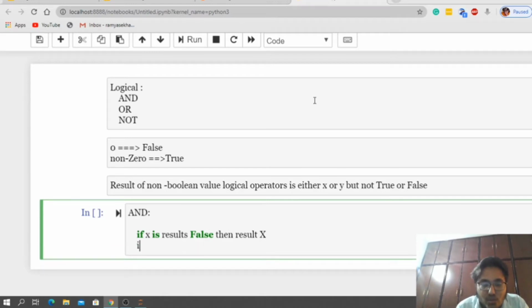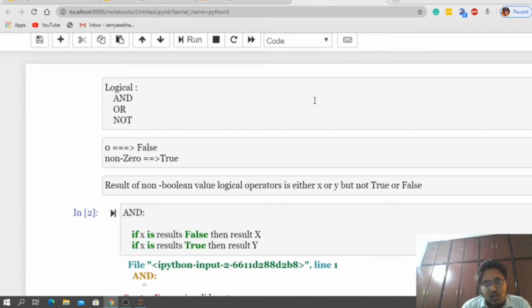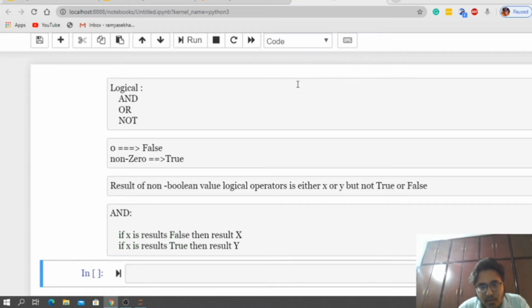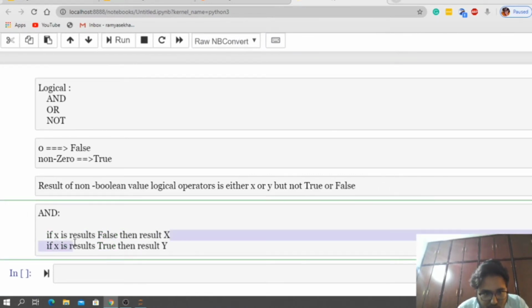If x results in true, then we should consider y also, right? The result will be y, guys. Is this clear? This is the formula we need to apply here.